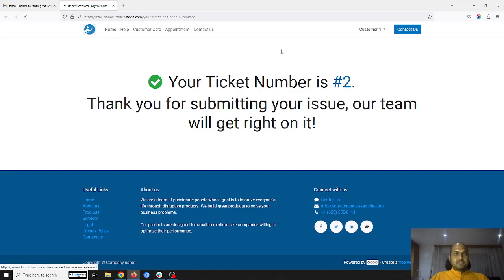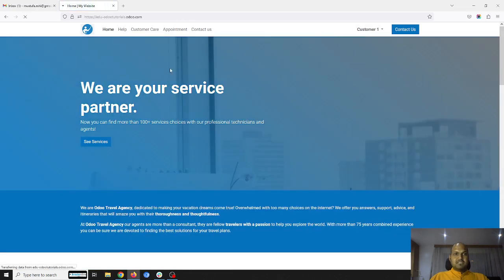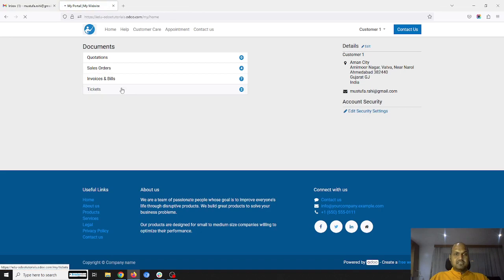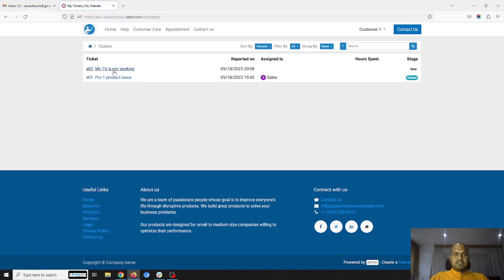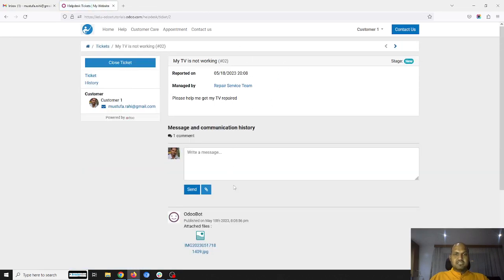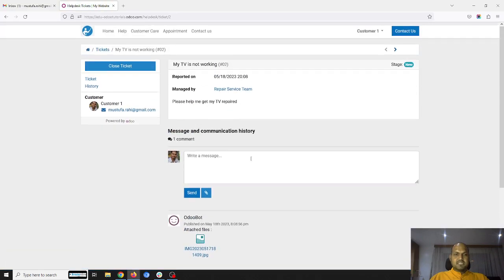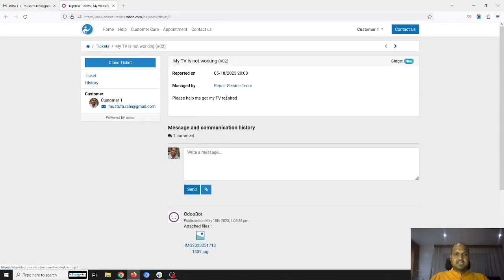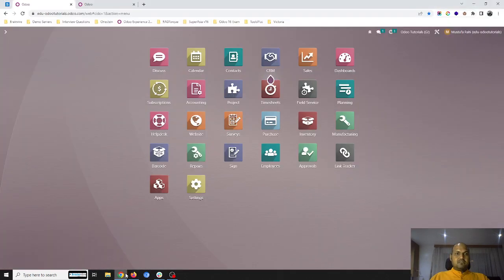And now if the customer goes to his account, he can see his tickets. The one which he recently logged, he can see a log over here with some attachment and his query, and it's in the new state. Now here is our backend of Odoo, where I can go to Helpdesk and